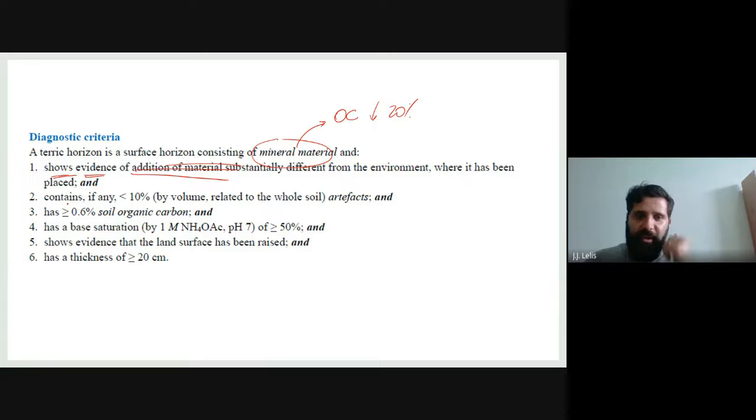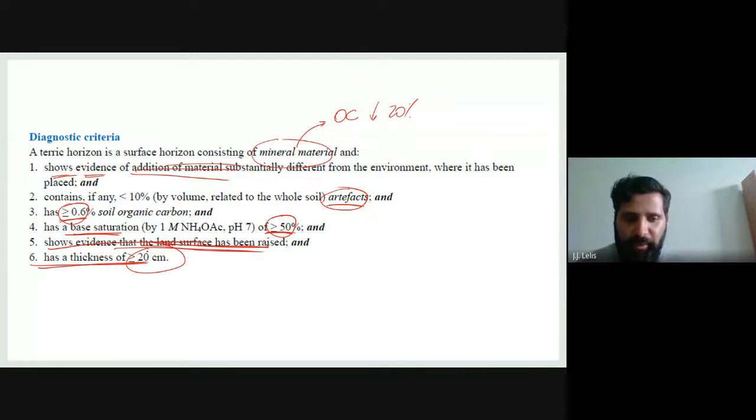It should present less than 10% of artifacts, because it's not a pretic horizon. It should present at least 0.6% of soil organic carbon. It should present a base saturation of at least half, so high base saturation. It should present evidence that the land surface has been raised, has been changed, and should present a thickness of